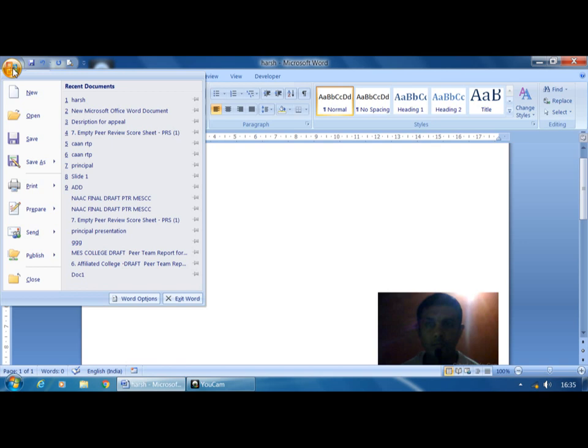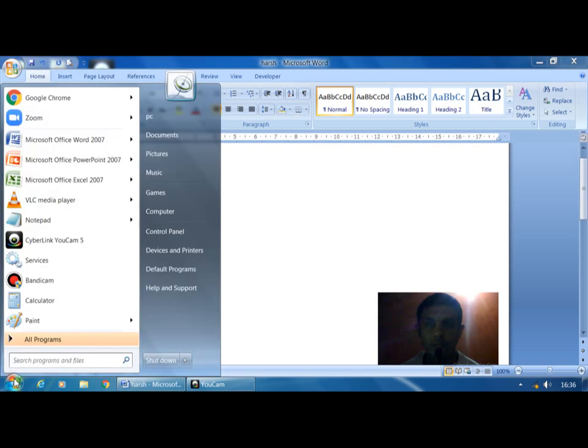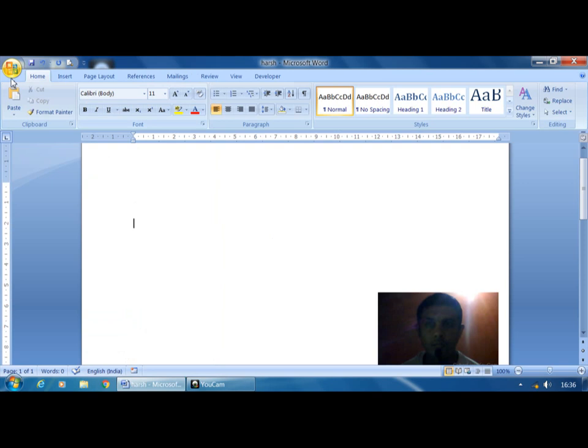When I click here, the menu which drops down is a pull down menu, and when I click here, it is a pop up menu, where your menu starts from bottom to top. So again I will repeat.